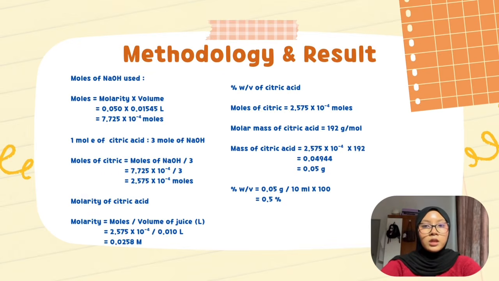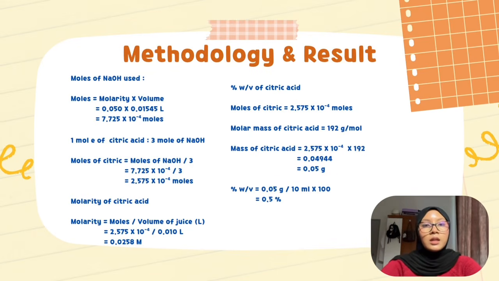Based on the mole ratio from the balanced chemical equation earlier, the number of moles of citric acid was determined by dividing the moles of NaOH by 3, giving 2.575 times 10 to the power of negative 4 moles of citric acid. The molarity of citric acid in the orange juice was then calculated as 0.0258 molar. Using the molar mass of citric acid, which is 192 gram per mole, the mass of citric acid